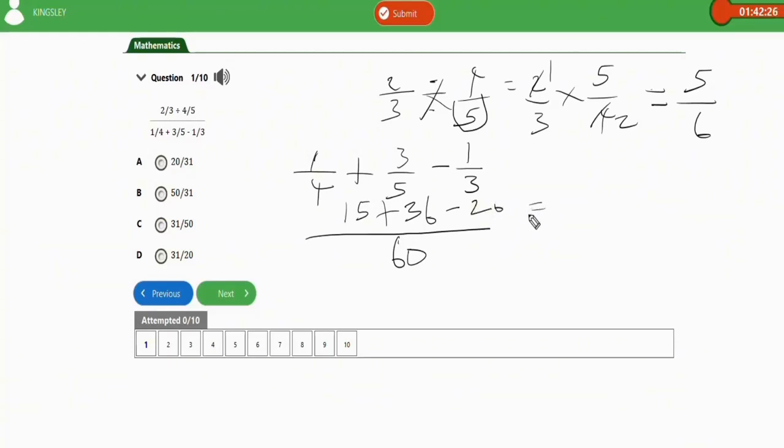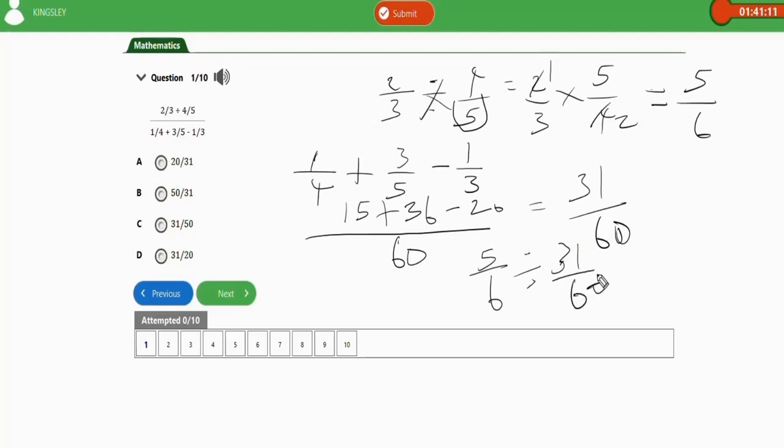So we can now do the basic math here. When you keep simplifying this, 15 plus 36 will give us 51. When you subtract 20 from 51, that's 51 minus 20, you're going to have the output to be 31. So we have 31 over 60 as the denominator. You then bring everything together now. Remember for the numerator, we got 5 over 6. So this is the same thing as 5 over 6 divided by